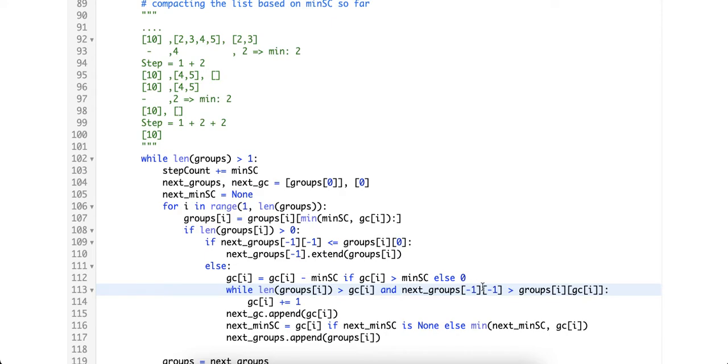Okay, so that is the case here. What it means is actually,